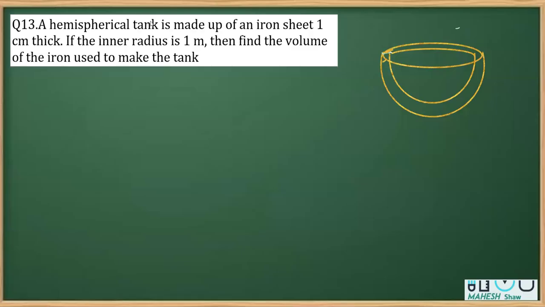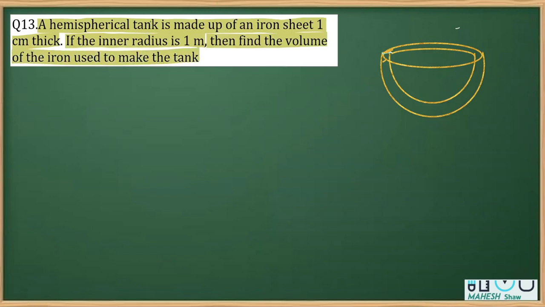This is one question taken from this chapter Surface Area Volume, class 9th. This is question number 13 from textbook. The question says that a hemispherical tank is made up of iron sheet which is 1 centimeter thick. If the inner radius is 1 meter, then we have to find the volume of the iron, the material used